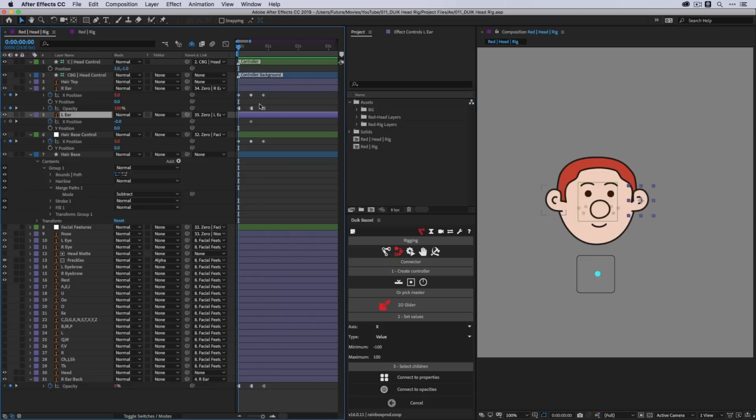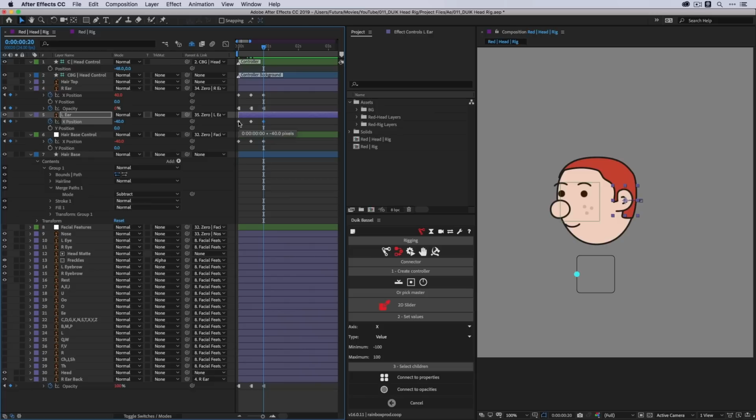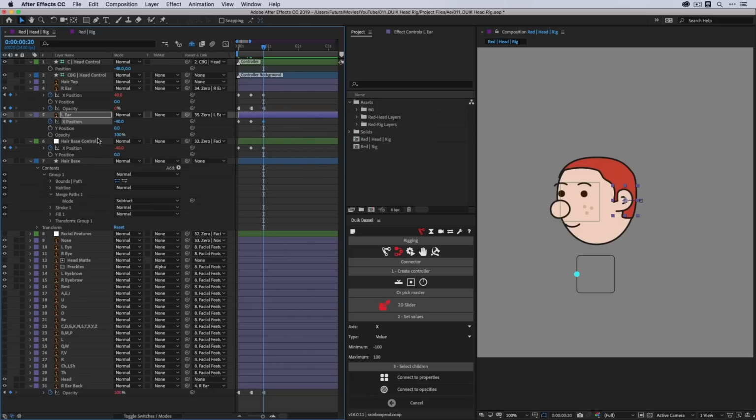So I'm going to grab that left ear copy, and on the first pose, move it backwards 40 pixels. Remember, that would be right here so that it stays in line with that ear. Then I'll go forward to the third pose and just copy that keyframe over again. Then I'll bring up the opacity, Shift-T, and set a keyframe here for 100% opacity, a keyframe at the beginning for 100% opacity, and a keyframe at the end for 0, which is the opposite of the other ear, which